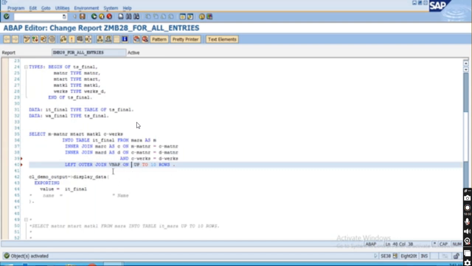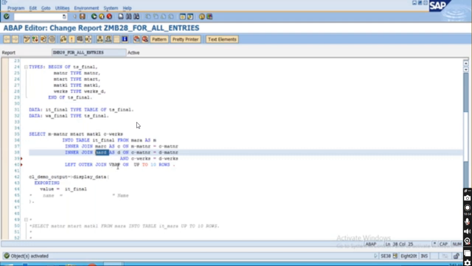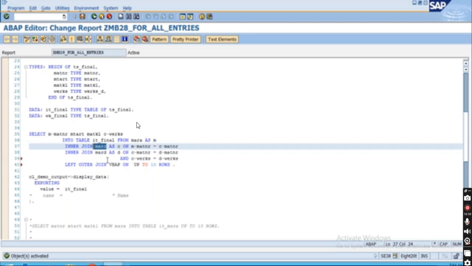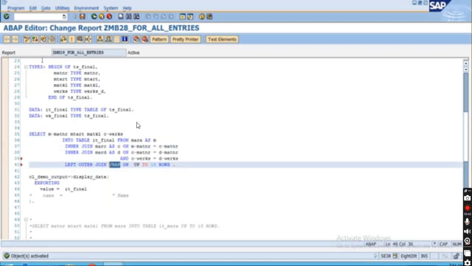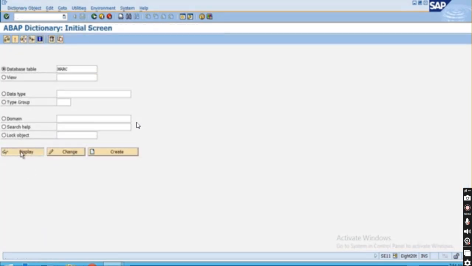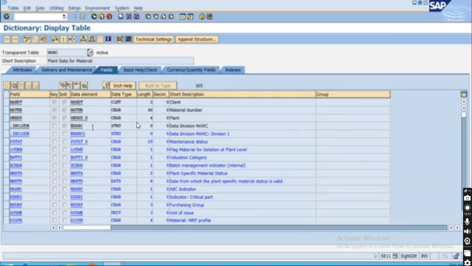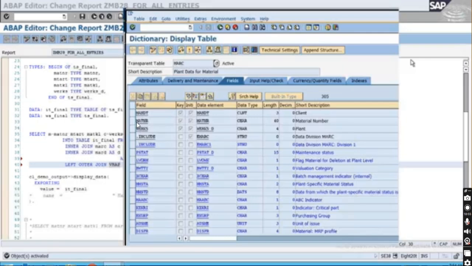Because here you don't have any other way. If you're going to use this MARD, what I'm trying to do is put the left outer join condition on this MARC table and VBAP table. Let's go and observe the MARC table and VBAP table. Okay, where we can put the MARC table is this one, and then what we'll have to do is